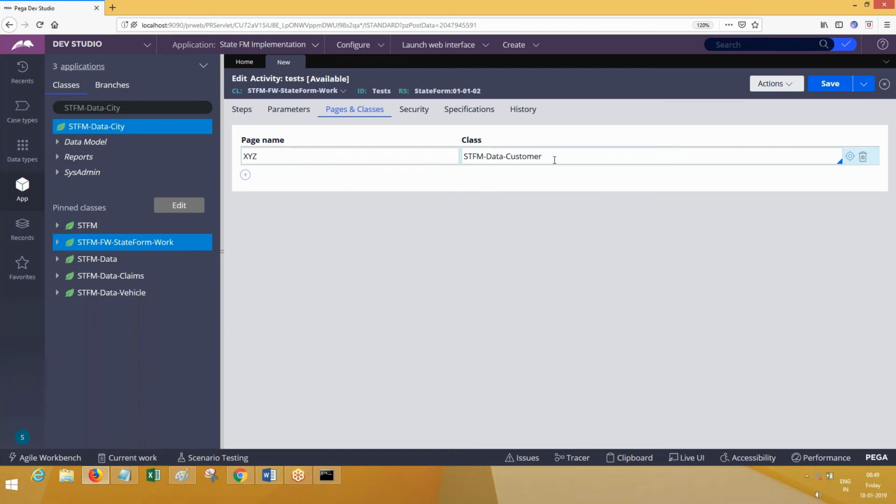It should know the physical table name, right? How will the class name be resolved into the physical table name? By the mapping rule. It will read the mapping rule, and from the mapping rule it is going to read the physical table name and store the data into the physical table.